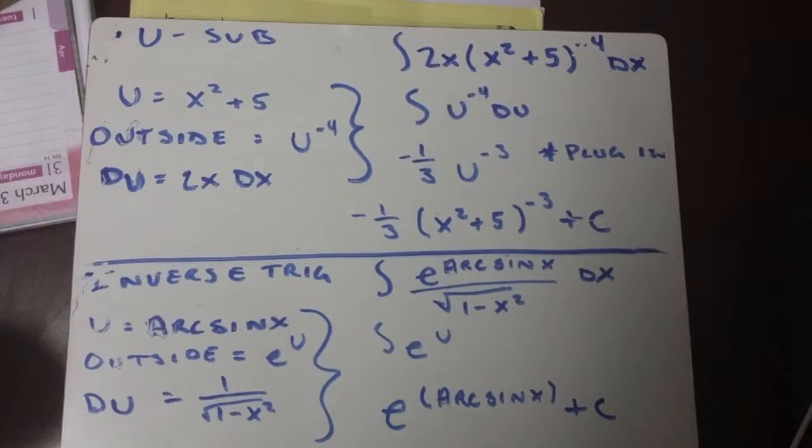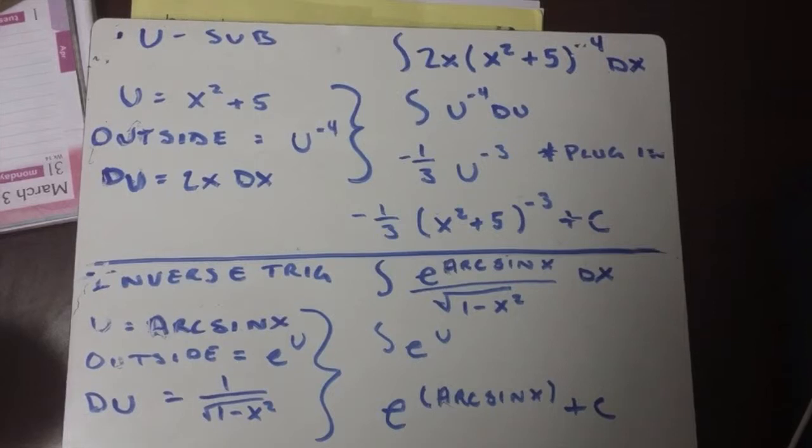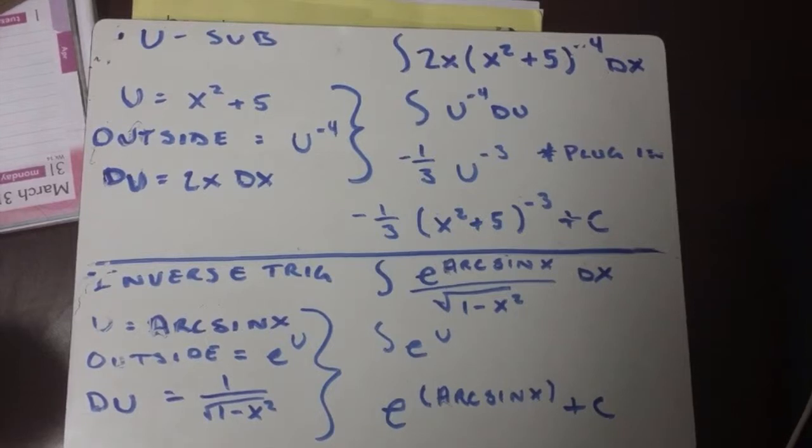Today I'm going to be describing the various methods of integration. And the first method we are going to start with is U substitution. This is a method you should try on all problems before you decide to integrate in a different way. The problem we are going to look at today is the integral of 2x times x squared plus 5 to